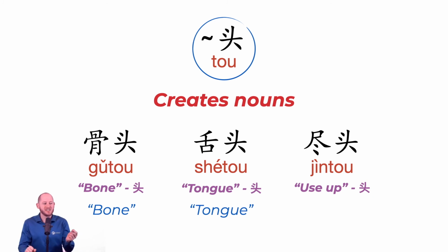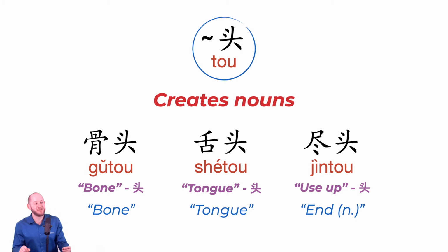尽头. I like this one because 尽 means to use up, to finish up. You have a toothpaste bottle and you've gotten all of it out. 尽头 is a noun because it's got tou now. It means the end. And a 开头 is the beginning. So, for example, at Mandarin Blueprint, we had a 开头 back in 2016 when we started our company. And we haven't yet reached the 尽头, hopefully. So these are examples of creating more nouns.